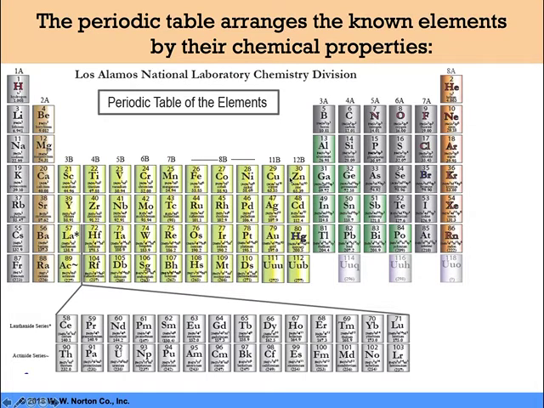Okay? You'll notice the number at the top of the square is the atomic number, and it's always a nice round number, okay? And it is two things. It's the number of protons in the nucleus, but it's also equal to the number of electrons outside the nucleus. So if we take, for instance, carbon, okay? Carbon has atomic number 6, which means it has 6 protons in the nucleus and 6 electrons outside the nucleus,